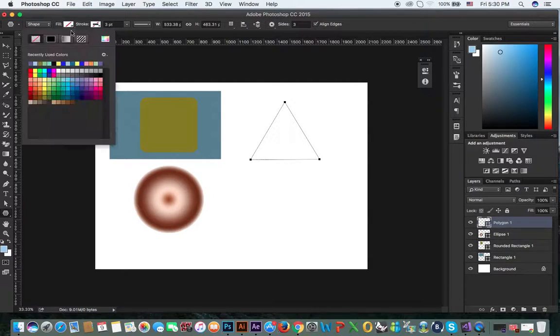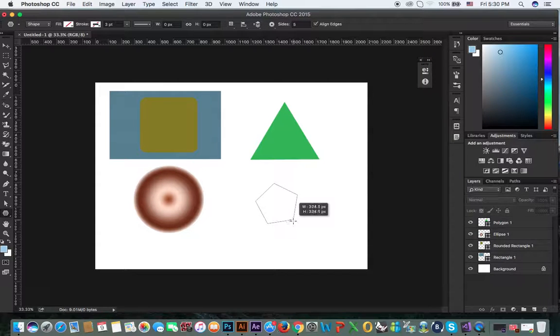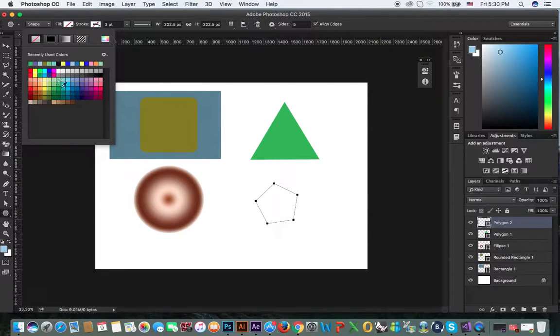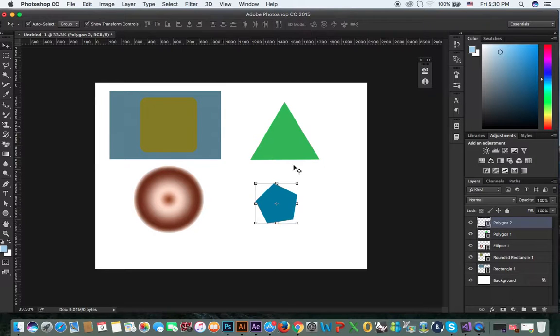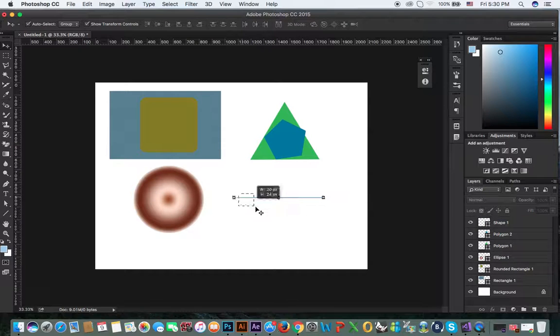Okay. And if 5 sides, then pentagon. Then 6. Then we have the line tool. So line, to create a line. Okay. And the last one is